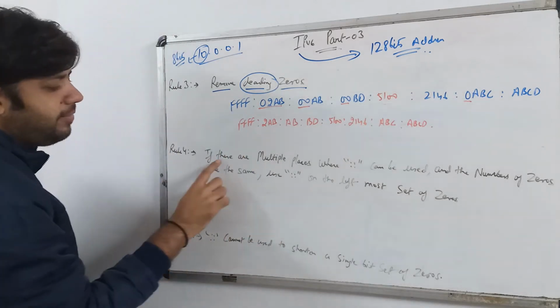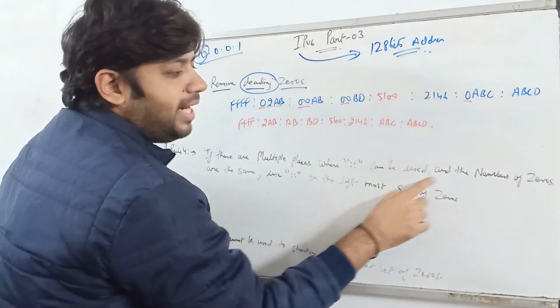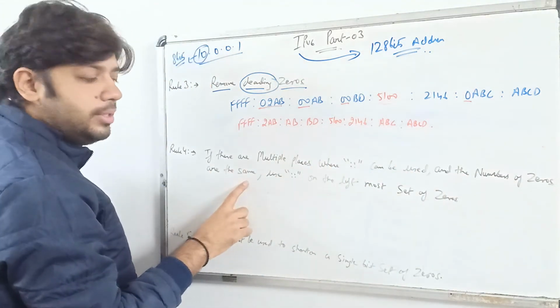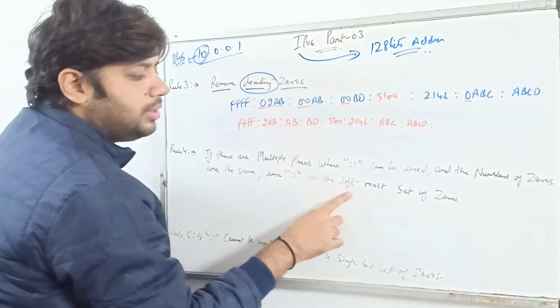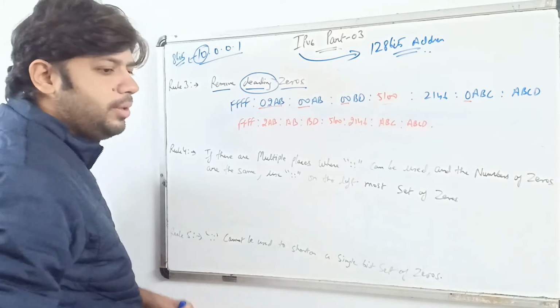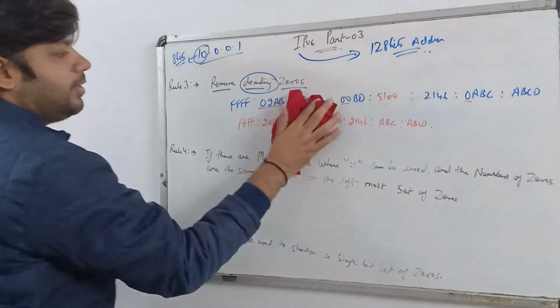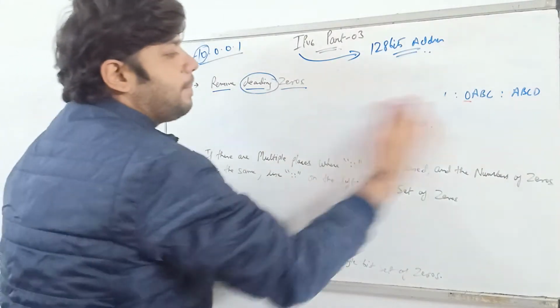Now the fourth rule we have: if there are multiple places where the double colon can be used and the number of zeros is the same, use the double colon on the leftmost set of zeros. Now what is the meaning of this? Let's see, imagine that